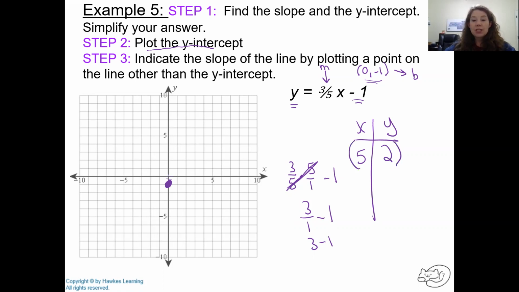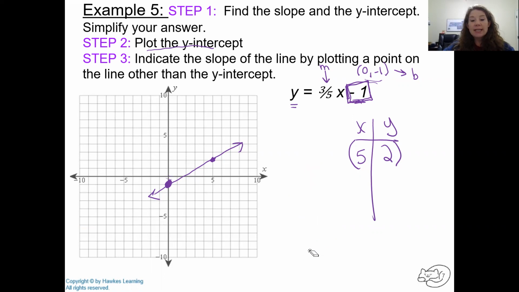I'm going to start at the origin, go right 5, and go up 2. And that is my line. Now, when you do HOX, it's going to tell you to always plot the y-intercept, which is always the number not being multiplied by x. You plot it at 0 and then whatever that number is, and then to get the next point, you can make a t-chart, or I'm probably getting ahead of myself, but